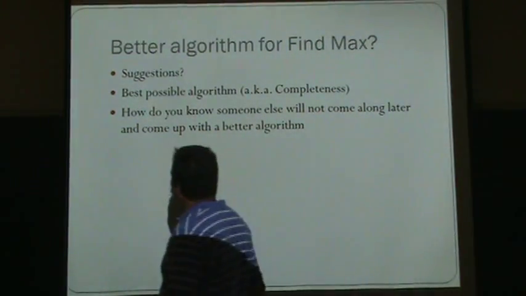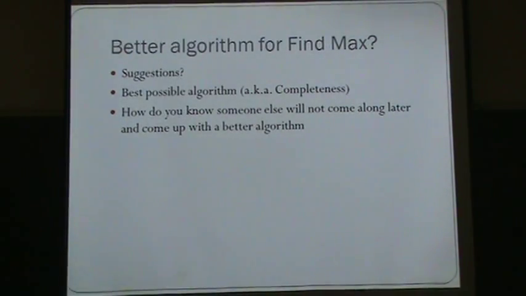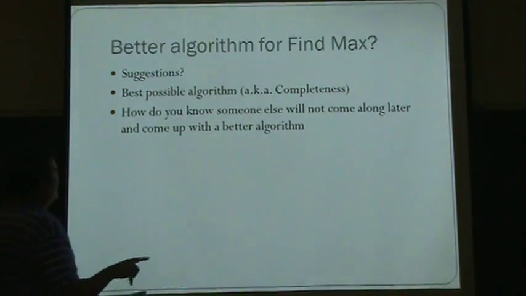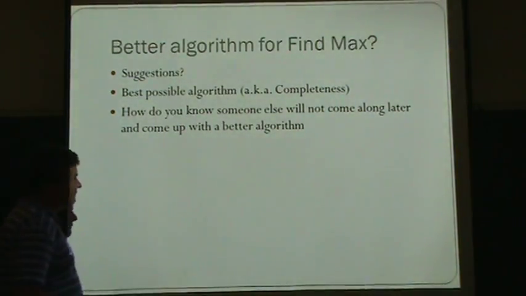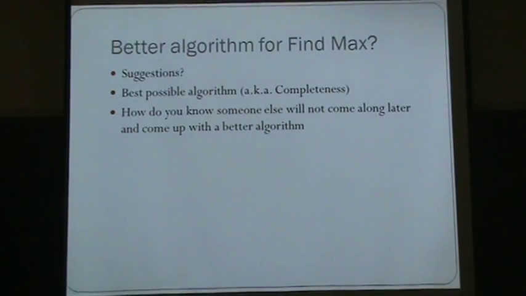Okay, so the topics. At this point I was saying, does anyone have their own suggestions? We already have some good suggestions. Then the idea was the concept of the best possible algorithm. We'll get to this in a class or two and make a more formal argument, but every algorithm would take at least n steps before we can declare something as the maximum value. We have to at least look at the numbers before we can say which is the maximum value.